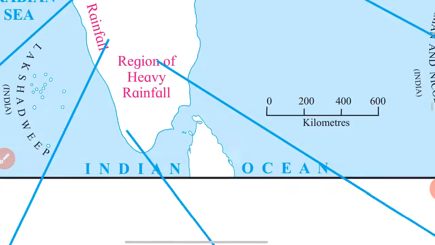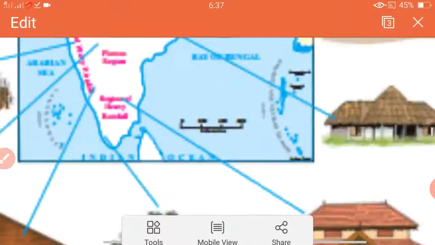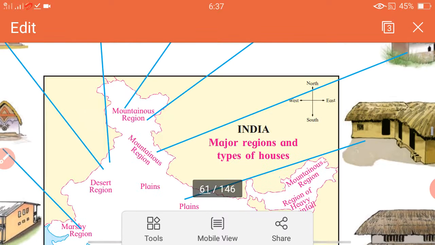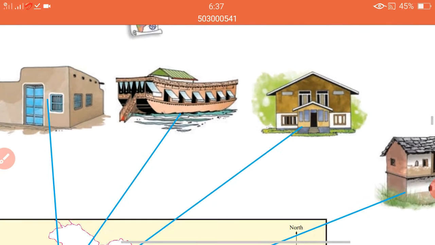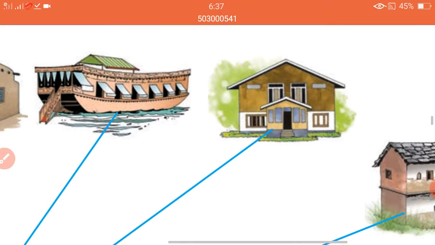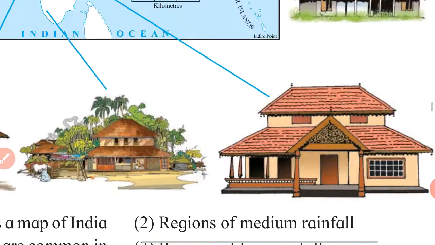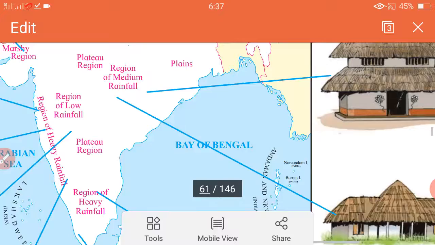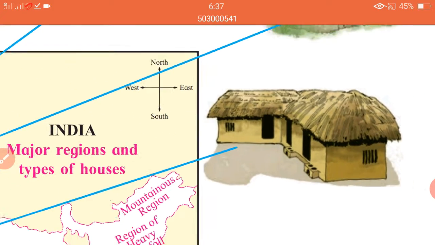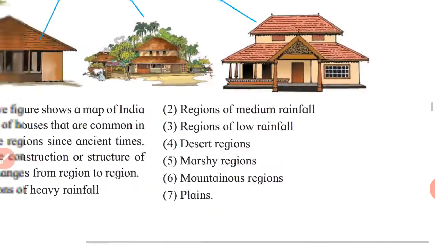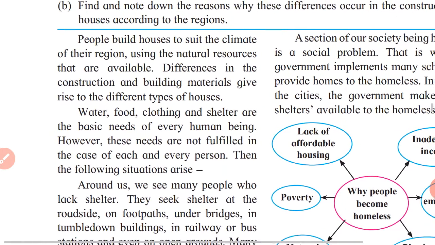Okay. Now next is mountainous region and plains also. In mountainous region, there are three types of houses we need. See, first is this, these three. Okay, understood? And for plains, the last one is plains. For plains we need this, only one type of house. Understood? Now moving to our next point.